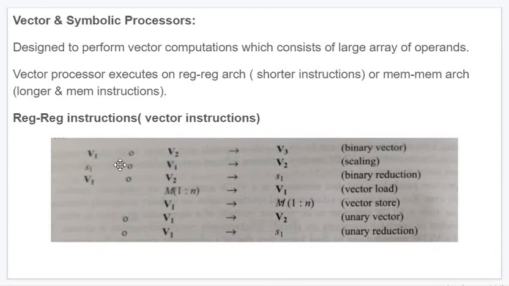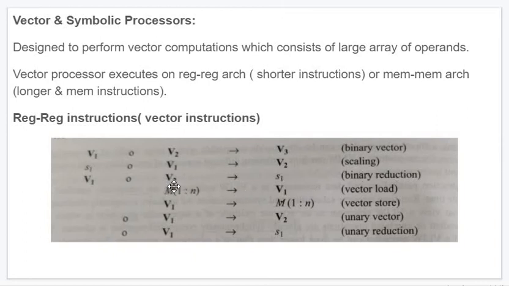One vector operated with one scalar is called scaling of that vector, just like throwing a ball with minimum force and then with a little more force. Two vectors, if they result in a scalar, is called reduce. We can imagine two vectors facing each other, like a vehicle accident, both coming from opposite directions; after the accident they stop. That is called reduce: from vector they reduce to scalar.